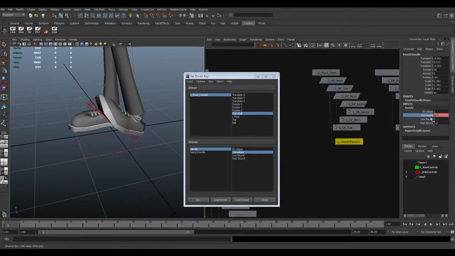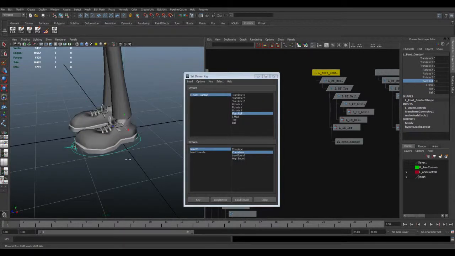Now I know that I've changed this to be -5 because I've already implemented the foot roll. So if I key that, yeah, key that. Basically I'm adding to the foot roll. Okay, so now if I take the foot roll and take that back down to 0 again, like that, but actually what I want to do is rather than it be